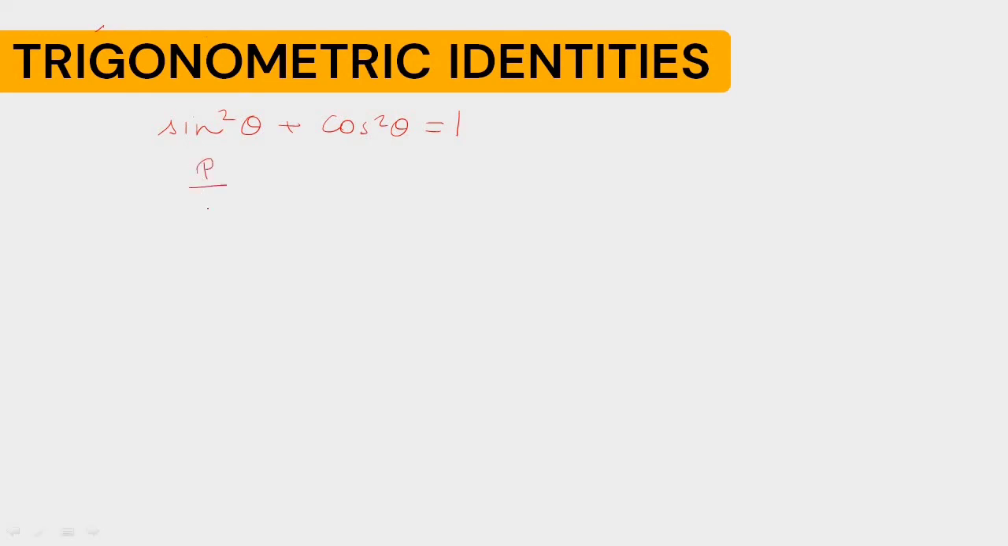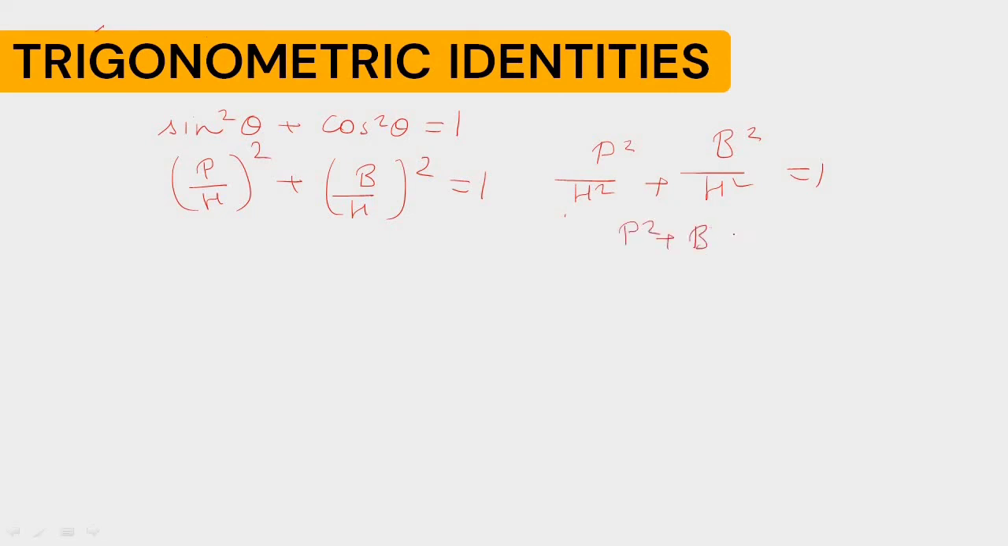What is sine? It is p over h. What is cos? It is b over h. Remember? Opening the bracket we get p square over h square plus b square over h square. We have to prove this. If we add both, so what is p square plus b square? It is h square, so it will come 1. Hence proved. Similarly, there are other identities like